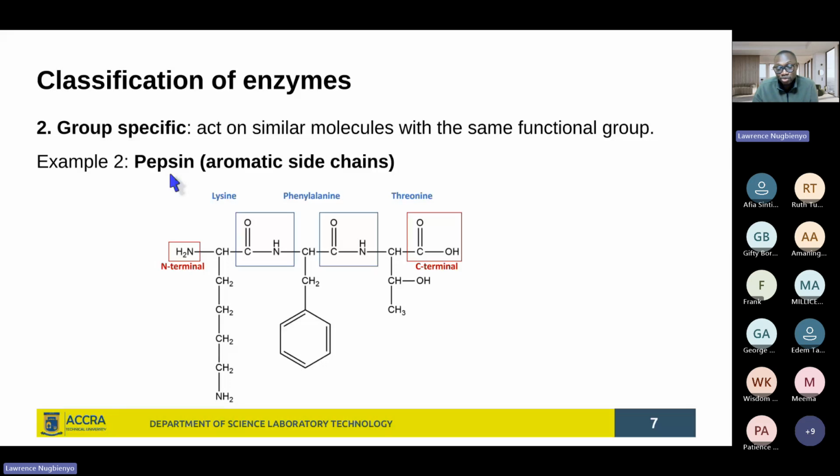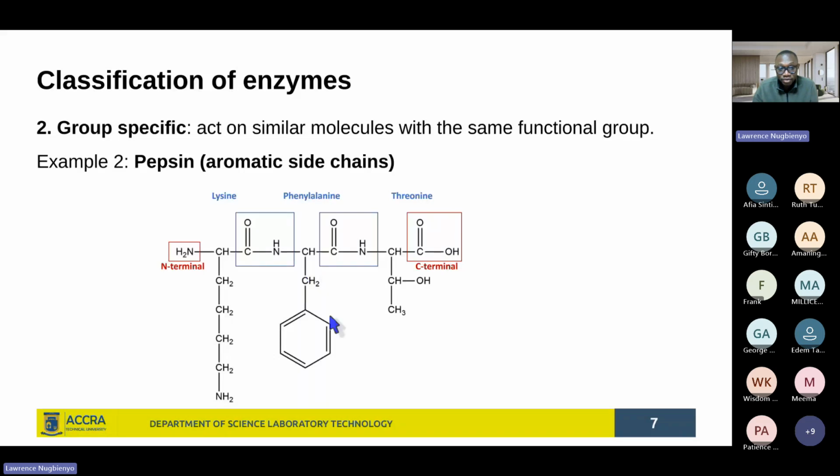That means they are going to be less soluble or more insoluble. So we see pepsin involved in the breakdown of such proteins, particularly breaking down the bonds that these amino acids with bulky